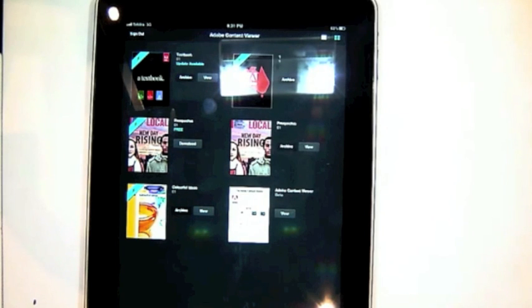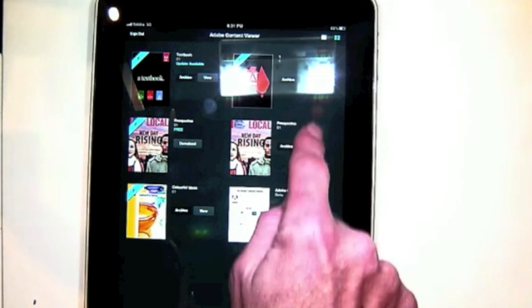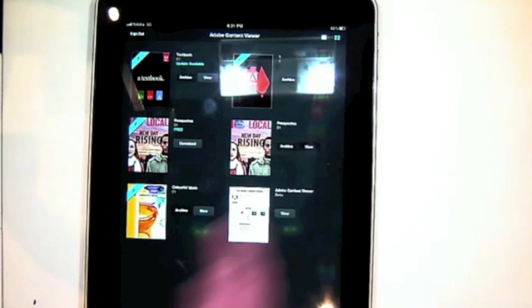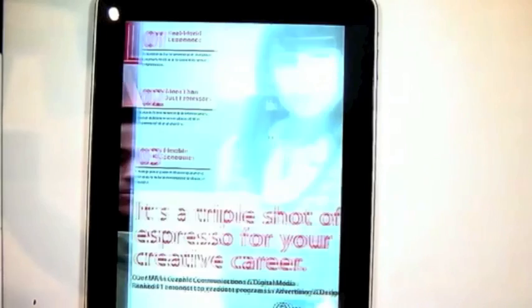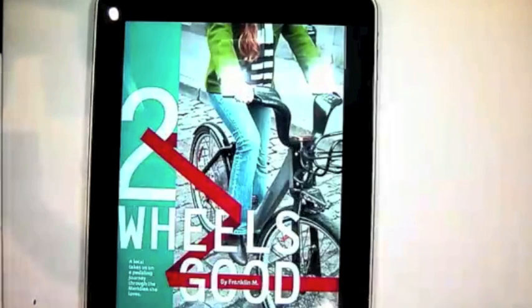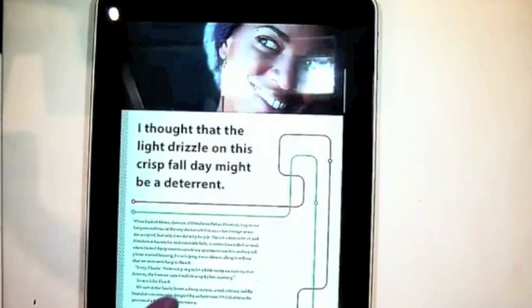This is the one you need to see. You can tell other people that: hey, get the content viewer and log in. I'll show you how to share in a second. Anyway, I'm just going to view it, and as you can see, what was an InDesign file 10 minutes ago is now, actually these are the different articles. This is the article I've got on screen, and it is now an interactive